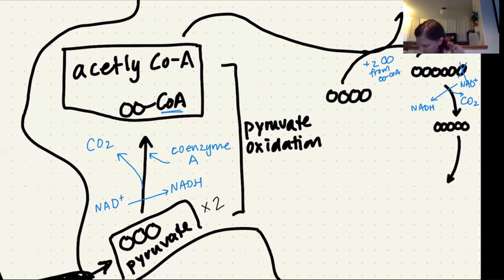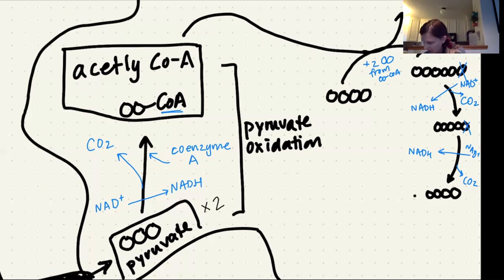Then, as we go on here, we're going to go from a 5-carbon molecule down to 1, 2, 3, 4 carbons. So what did we do here again? We're going to see that one of those carbons went away, and we're going to get carbon dioxide off as waste. And at the same time, we are going to reduce NAD plus in order to give you NADH, right? So we've already gotten 2 carbon dioxides released, and then there's going to be multiple enzymes here. And we're going to have 1, 2, 3, 4.